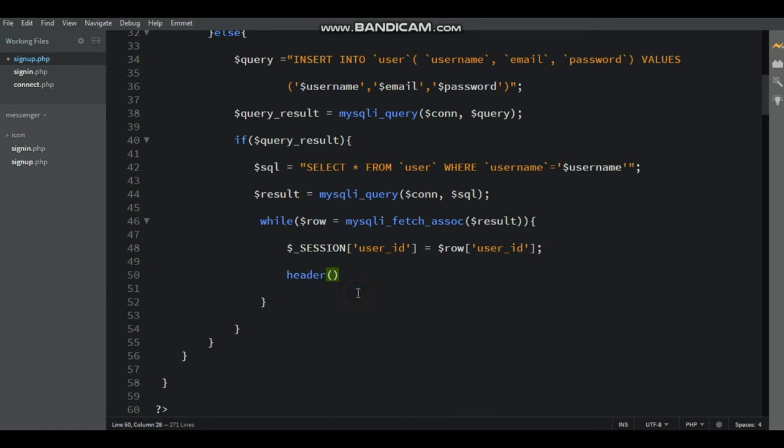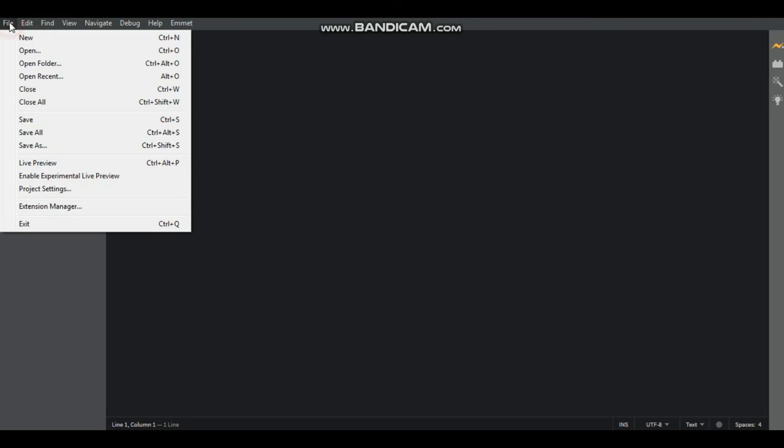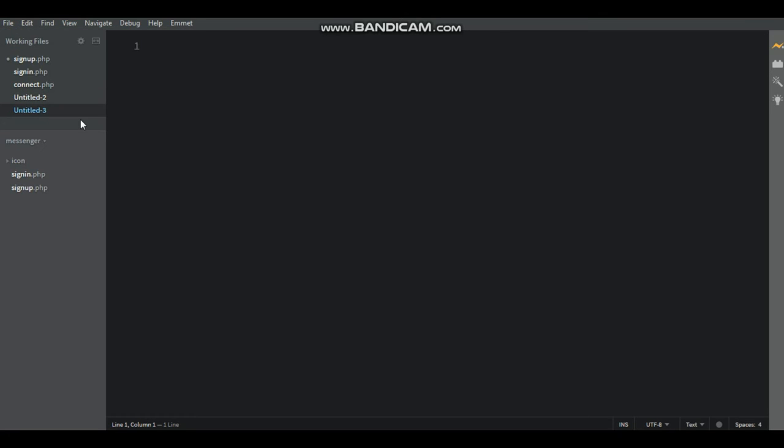header inside bracket location within single quote, location, close with semicolon. Here that is, and this session is successful, it is sign up successfully, to go to the home.php file. Here that is